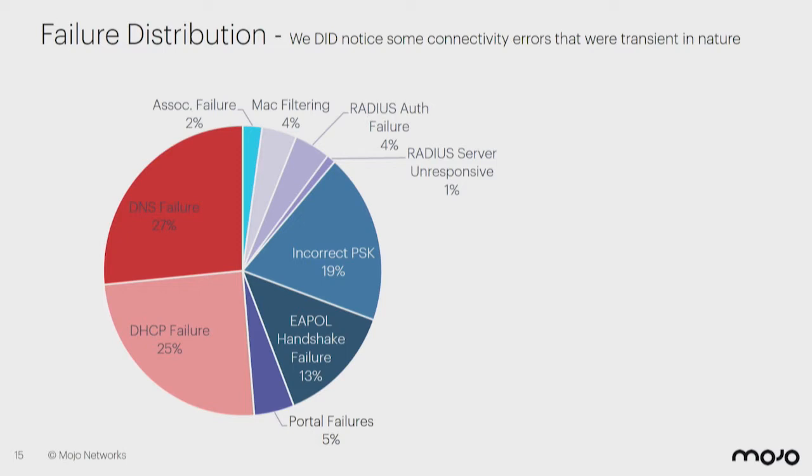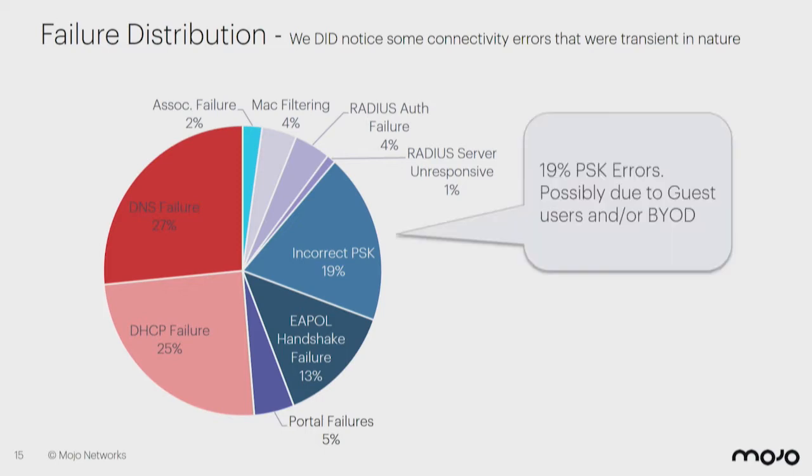It's like a stateless protocol, right? It's a request that goes out and the response has to come back. A lot of times we see that the DNS failure happens, but even if the DNS failure happens, it does not matter. It's still a poor user experience, and it's perceived to be very bad. So that explains that more than 50% of the failures are due to the network layer, which has nothing to do with Wi-Fi. Now let us focus on the Wi-Fi failures and see if there is something interesting, right?